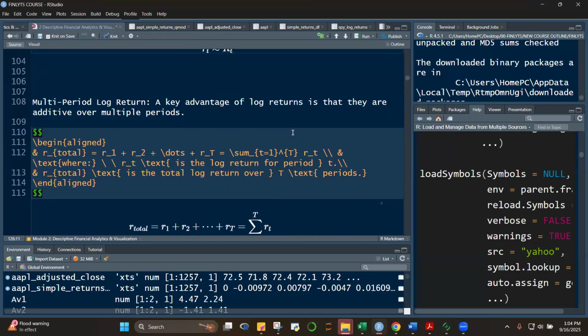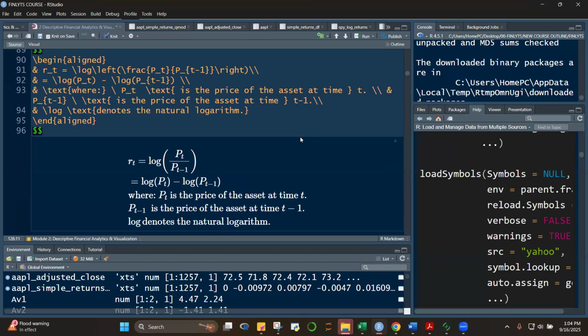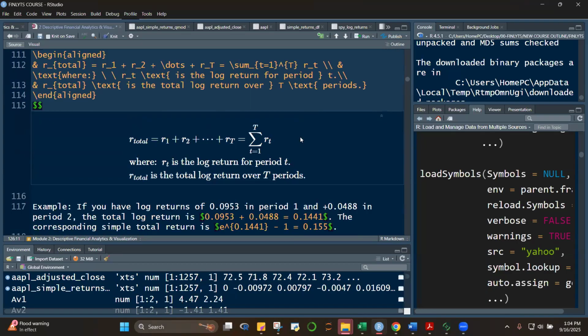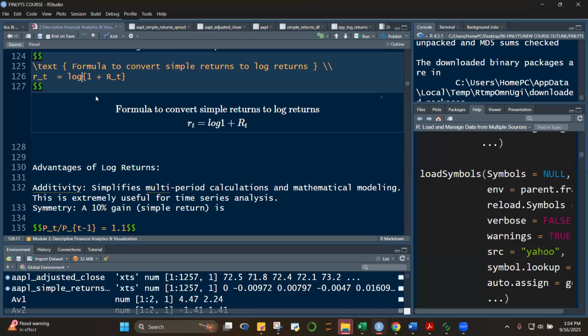Sorry. Log of, oops. Kaya pala, I'm using the